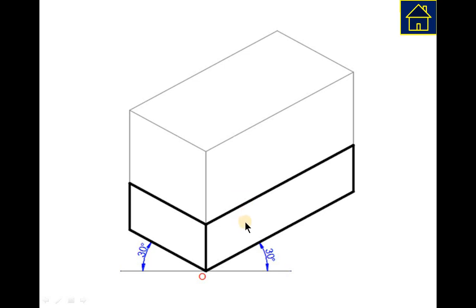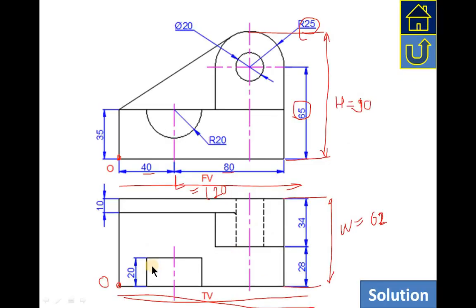For that purpose I will measure the 40 mm on this side. 40 mm on this side I will measure, and then I will draw there a center line, and there I will create a 40 mm by 40 mm parallelogram, because I need to generate a semicircular cut. So you see this one. From here it is 40 mm.